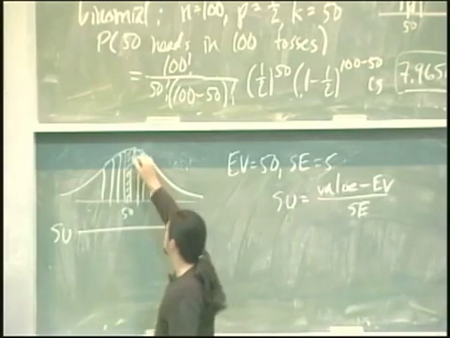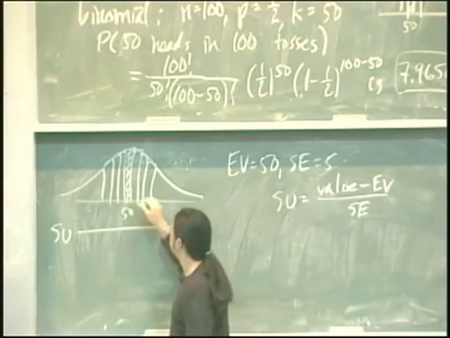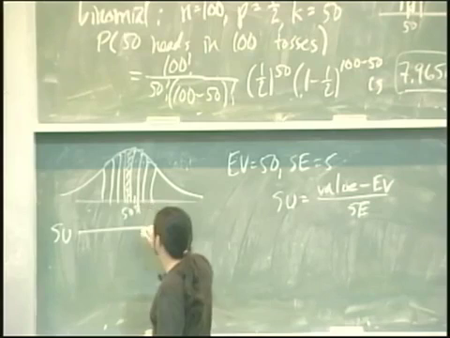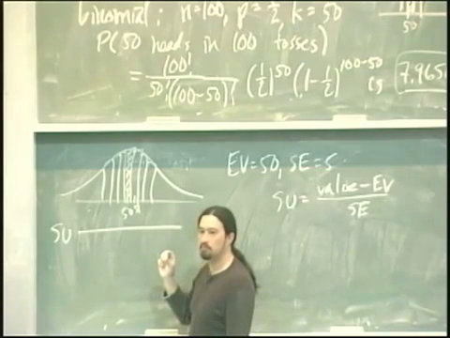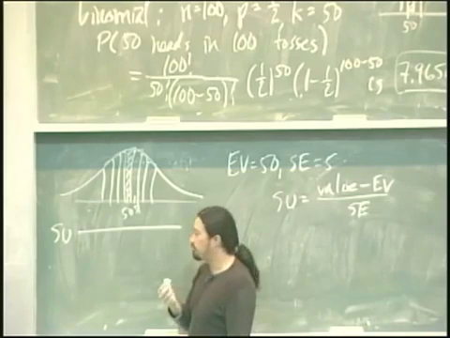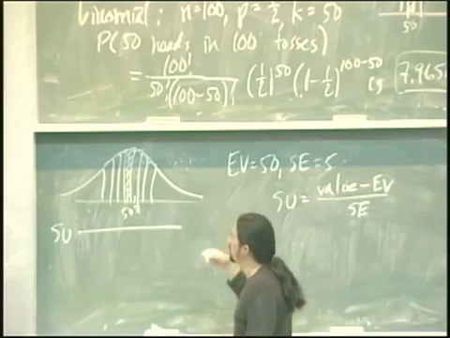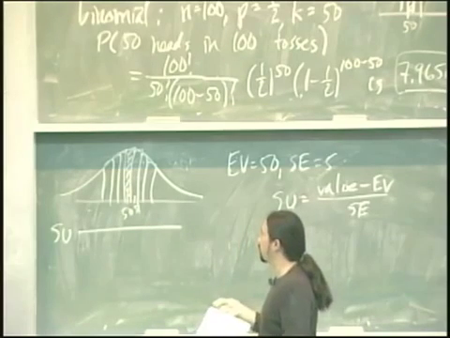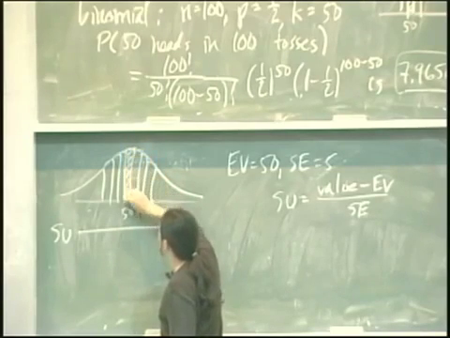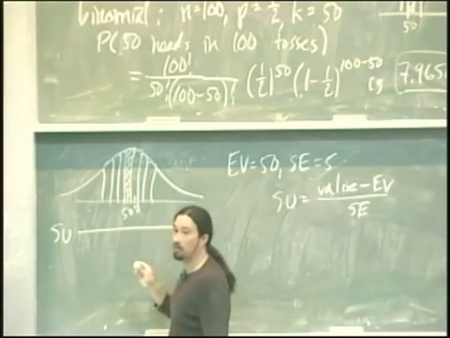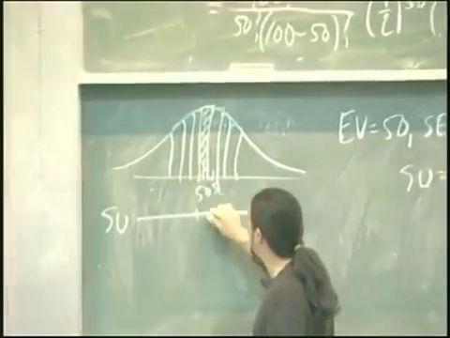So what I'd like to do is approximate the area of this bar. The center of that bar is at 50. The center of the next bar is at 51. Any thoughts? Yeah, 50.5. So what I want to do is find the best answer I can get from the normal curve, which is the area under the curve corresponding to the edges of the bar. If I can find the area between the left edge of that bar and the right edge of that bar, that's what I want.